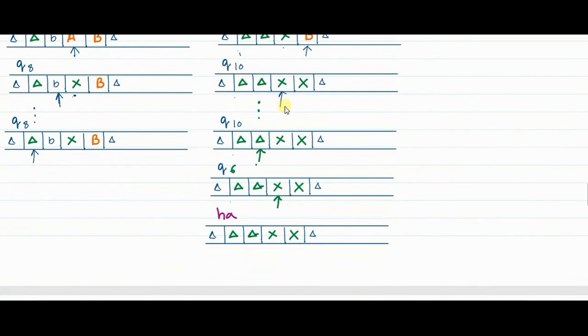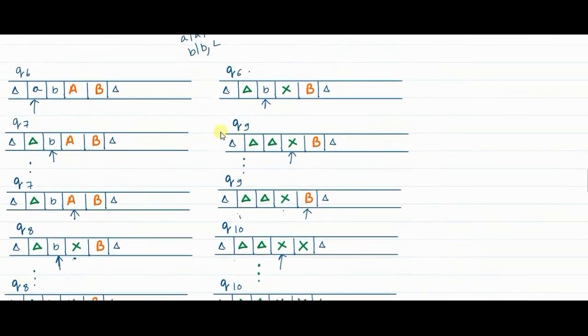So in Q10 state, X will be ignored, move to the right. Dot means all that is on the way is ignored. Right now there is only one element to be ignored, so this is a direct step. So X is ignored, the pointer moves here, so this is the next configuration from Q10. And you are still in Q10. It's a self loop here.